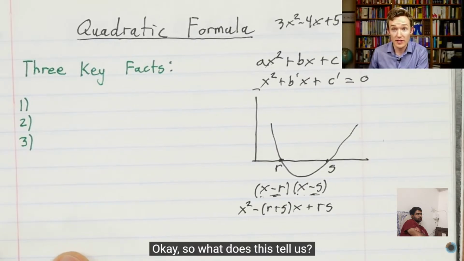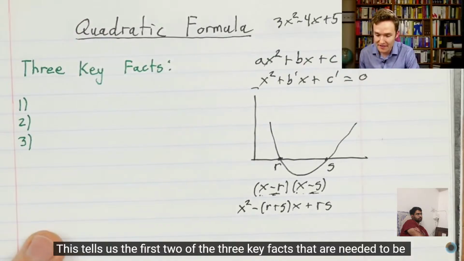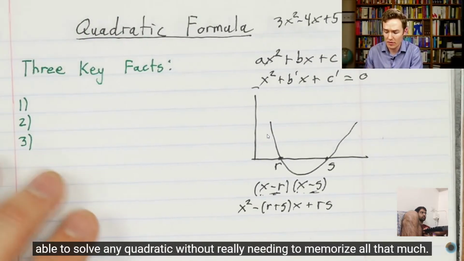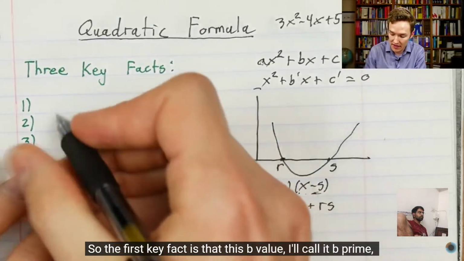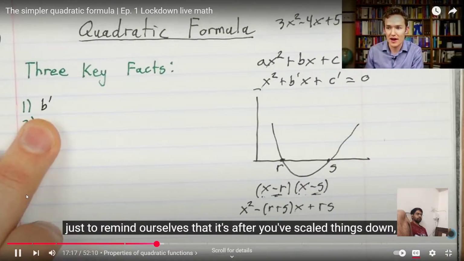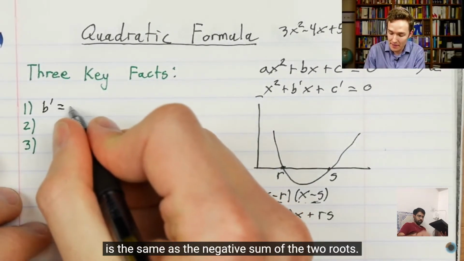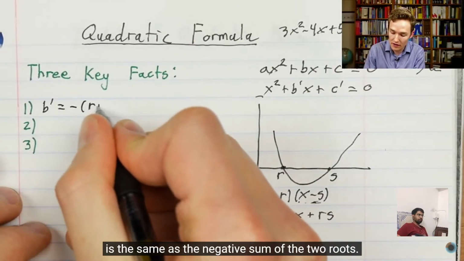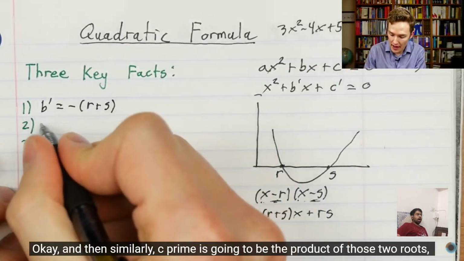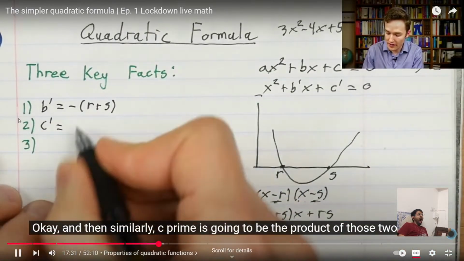Okay? So what does this tell us? This tells us the first two of the 3 key facts that are needed to be able to solve any quadratic without really needing to memorize all that much. So the first key fact is that this b value, I'll call it b prime just to remind ourselves that it's after you've scaled things down, is the same as the negative sum of the two roots. Okay? And then similarly, c prime is going to be the product of those two roots,